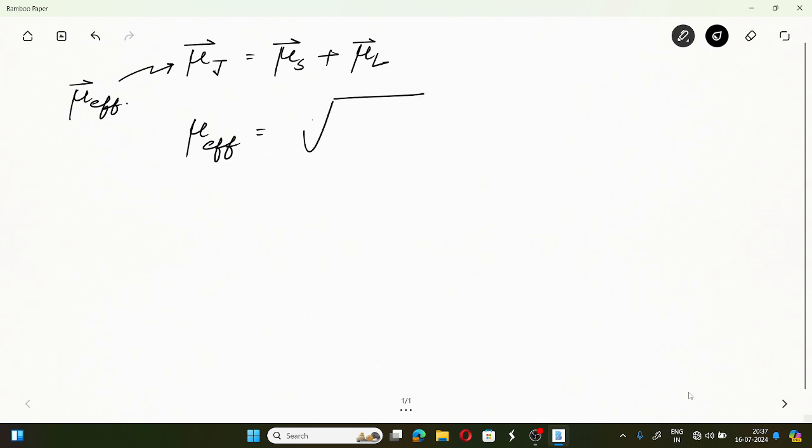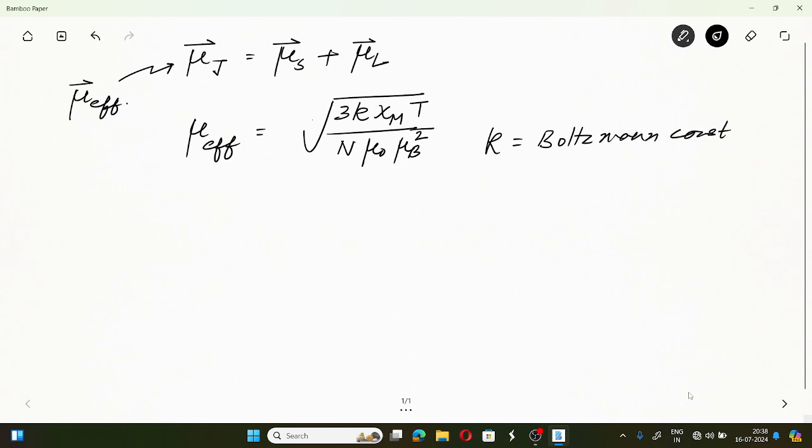root of 3 k chi m T divided by N mu 0 mu B square, where k is the Boltzmann constant, chi m is known as the molar magnetic susceptibility, T is the temperature in Kelvin scale,